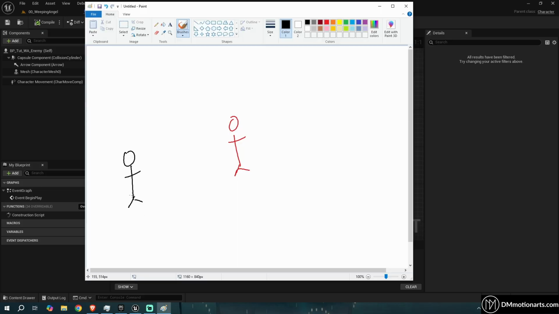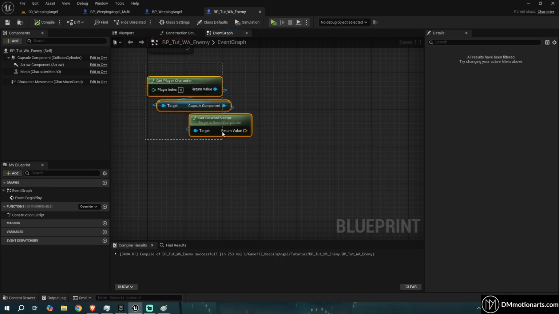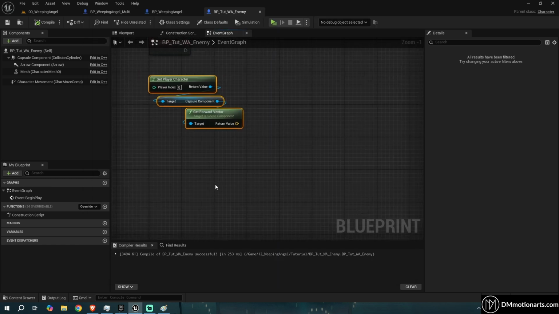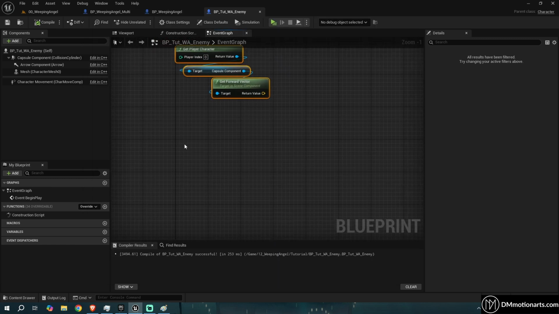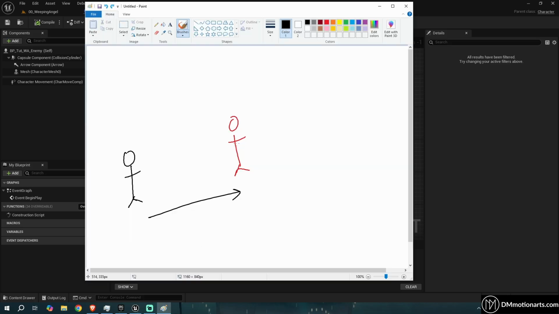So now we need to get the direction from one to another, so that we get a vector, and we will have to get it from the player to the enemy, which is our weeping angel. So we have to do this. We cannot do the opposite direction because of this option. Okay, I'll explain why, but just bear with me. So we have to get a direction, we can simply get the vector of this and get the vector of this, and then basically if this is a,